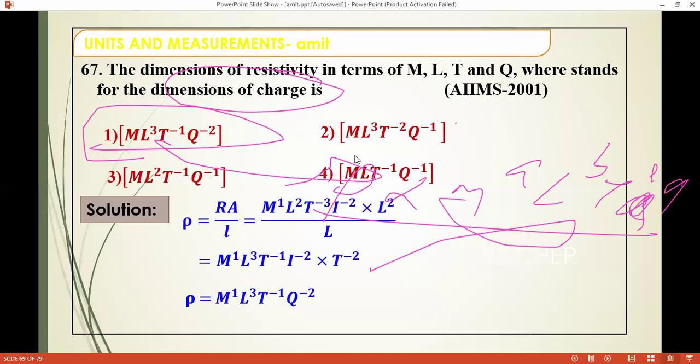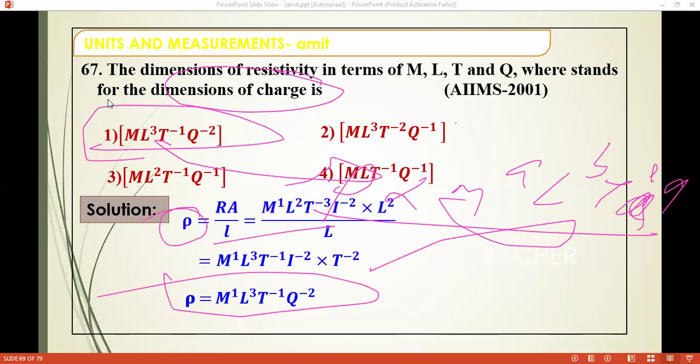And if you solve it directly, it's better to find resistivity from this equation. Check this value, you can get this concept. Or better, now find out the dimensions of resistivity from this equation and just put this value. So it's easy, you can do it by so many methods, not like only one method is fixed and rigid.